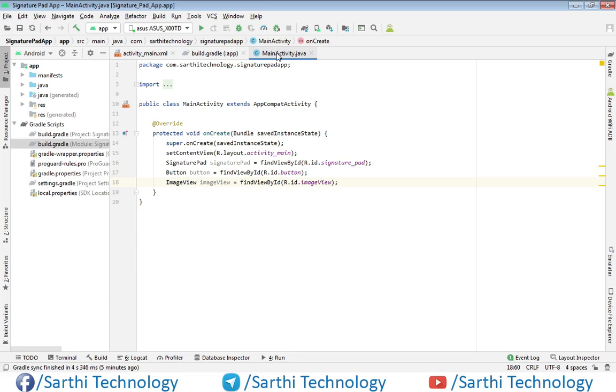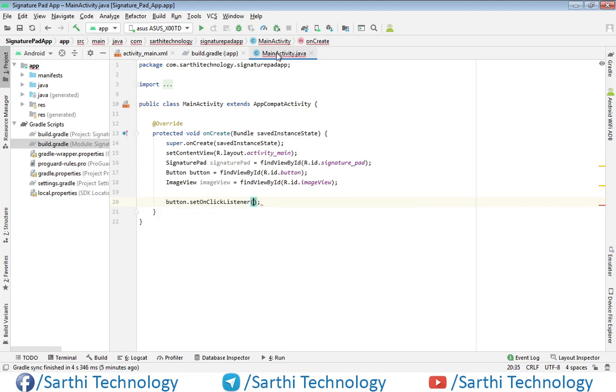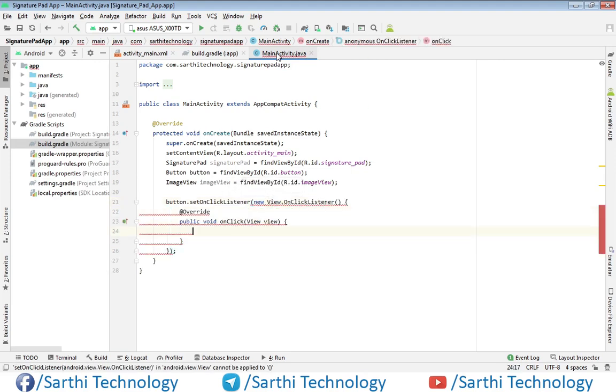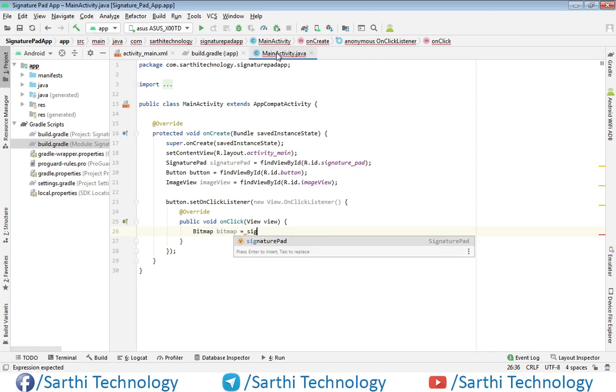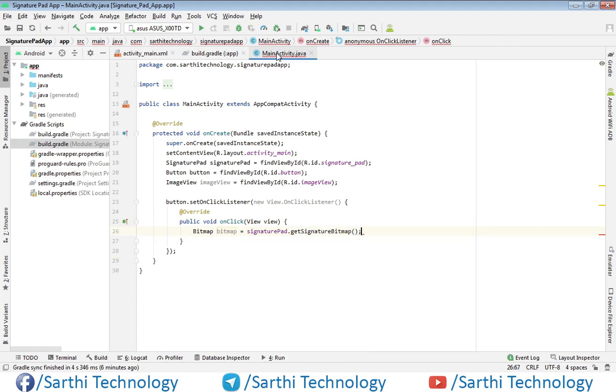Now we need to create one onClickListener for the button. So use this button.setOnClickListener, new OnClickListener, and here first we will create one Bitmap object. signaturePad.getSignatureBitmap.